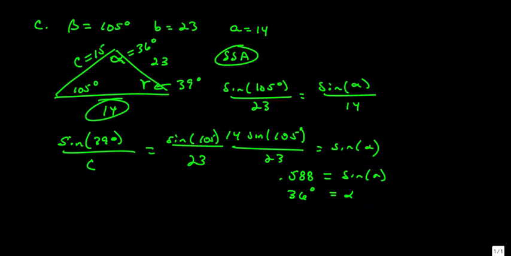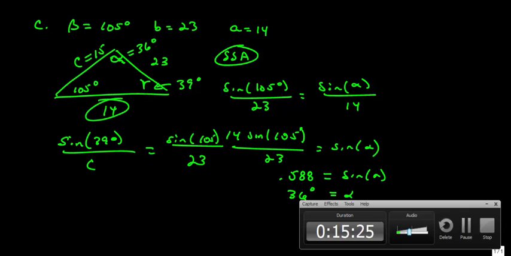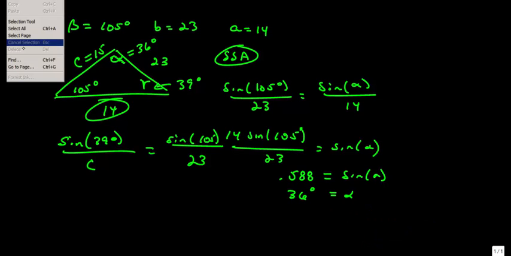We got time for one more. Let's quickly do this last one here. So our sides are all given to us for D. So for D, A is 14, B is 9, C is 6. If you don't know what to use between the law of sines and the law of cosines, just try using the law of sines. If you try it on this, you're going to see that there's not enough information given to you, so